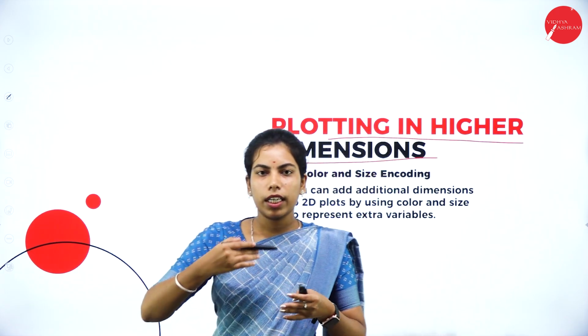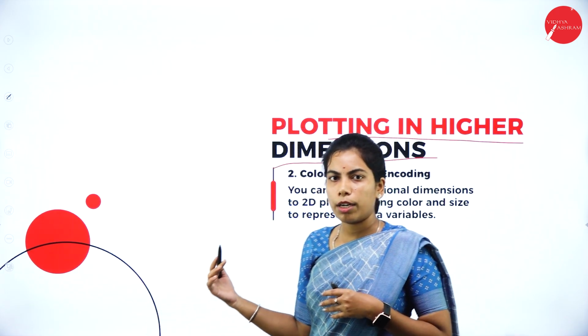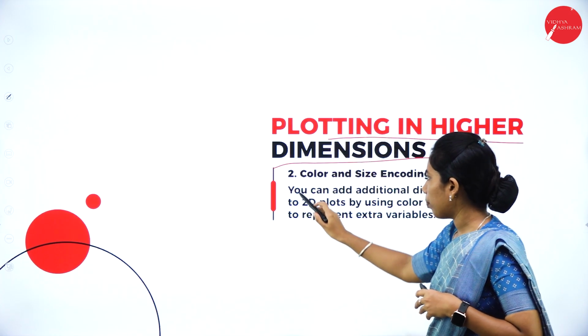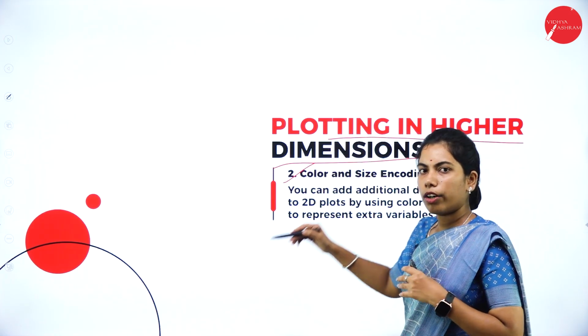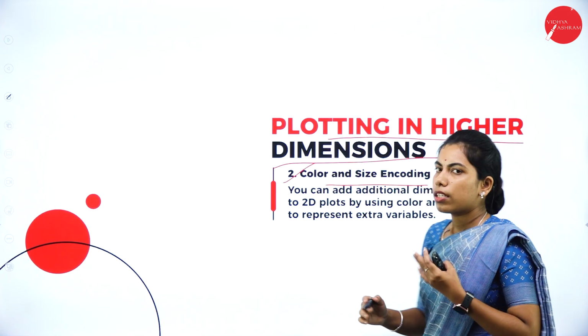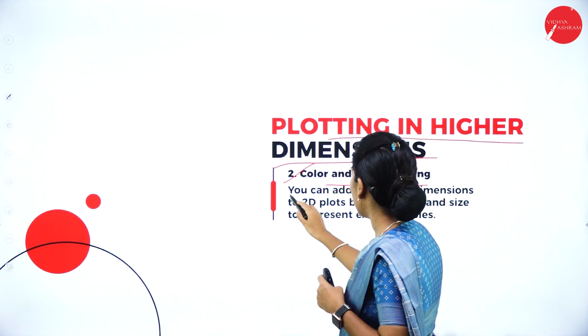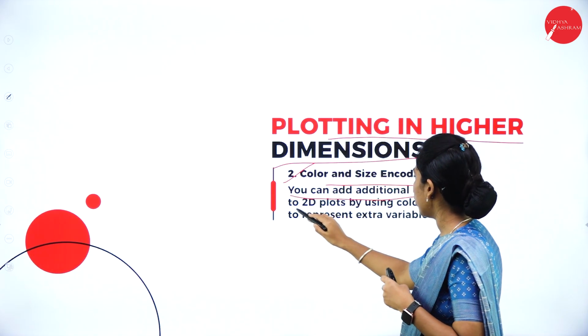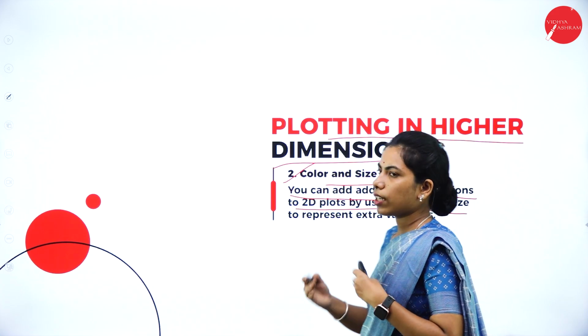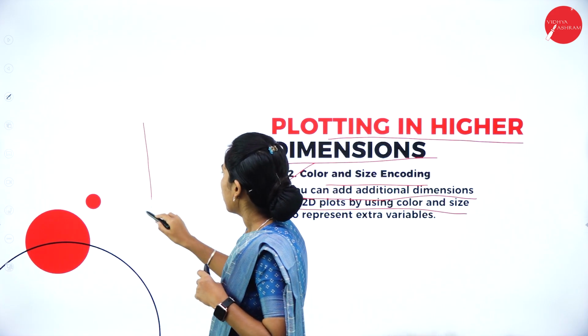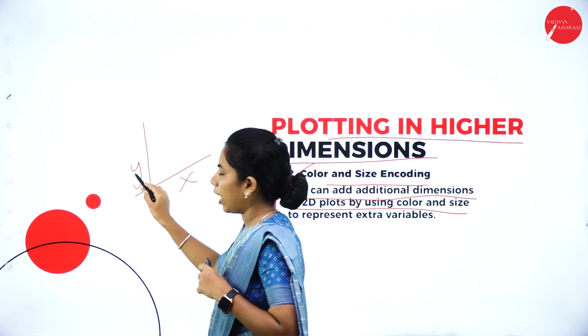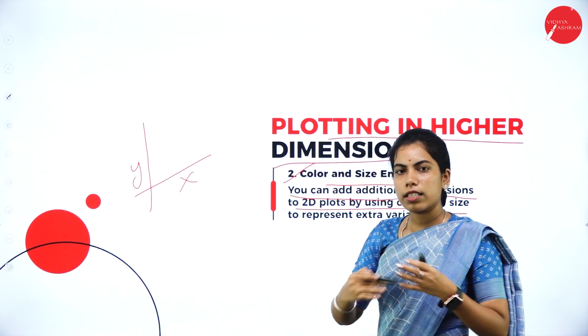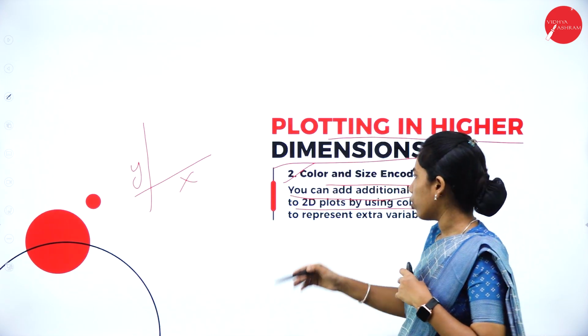Again, plotting in higher dimension. The first sub-point, the 3D scatter plot, is already over, and the second point is color and size encoding. You can add an additional dimension to 2D plots using color and size. 2D is nothing but the x and y axes. So we can enhance the quality of 2D plots and also